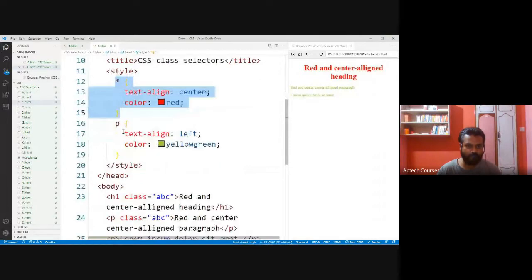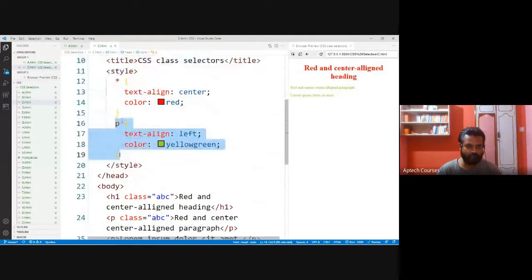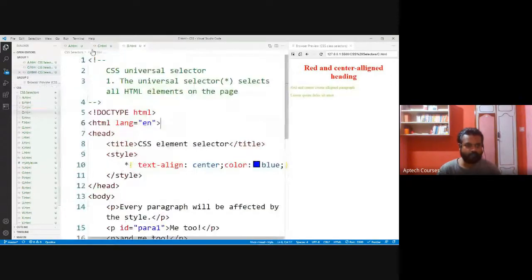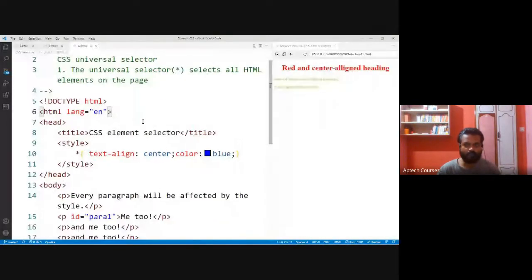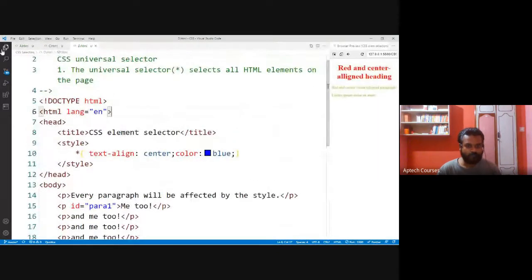Name selector will be given more preference over universal selector. This is universal selector.